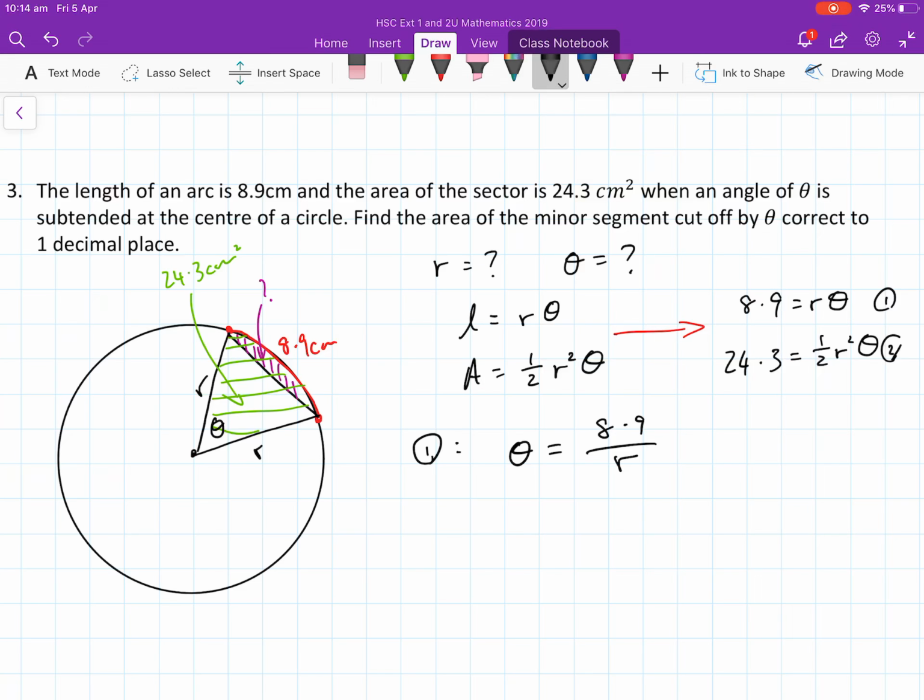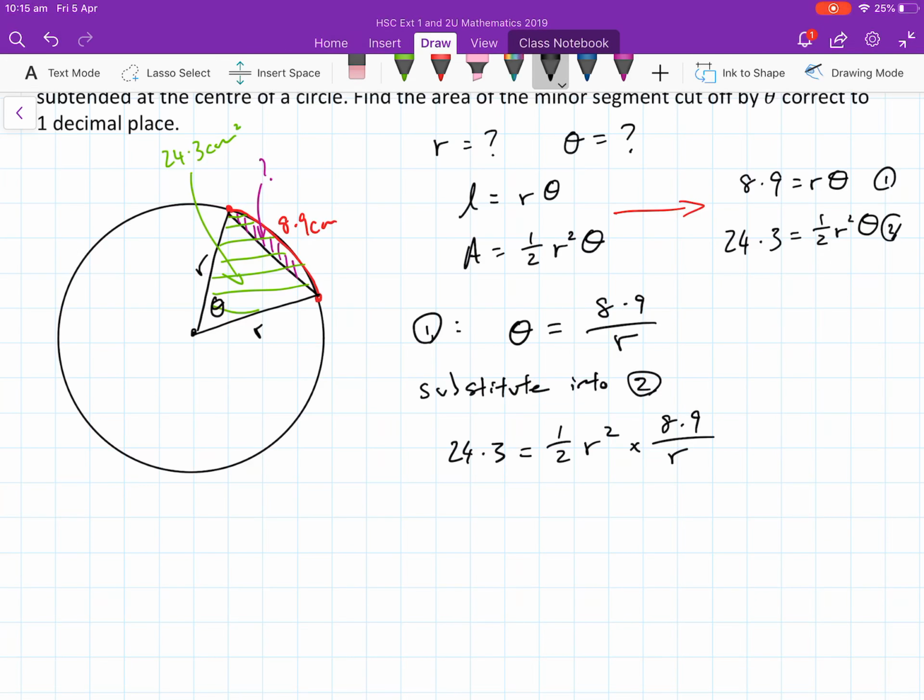We're dividing by r on both sides. Substitute into number 2. So 24.3 is equal to half r squared times, instead of theta I now put 8.9 over r. Okay, I'm going to multiply by 2, which gives us 48.6 on this side. One of the r's divides out, which is 8.9r I'm left with. So r is equal to 48.6 divided by 8.9,